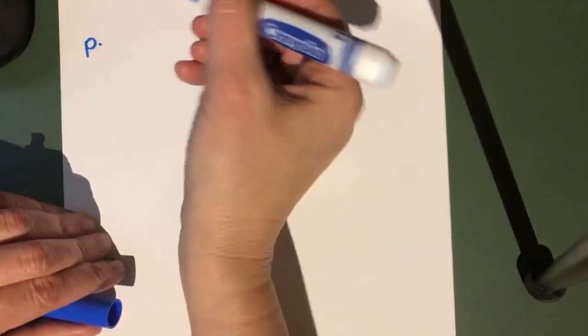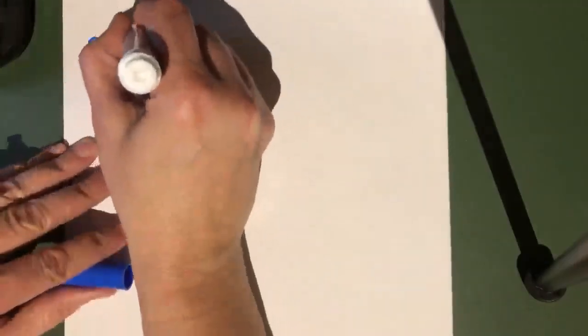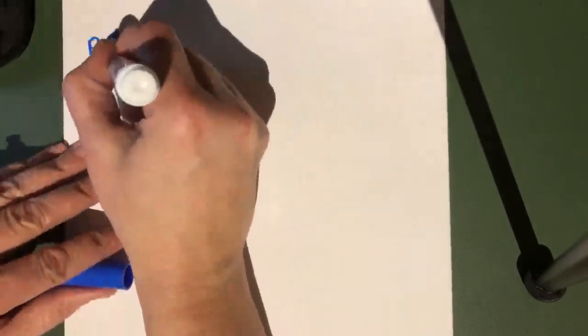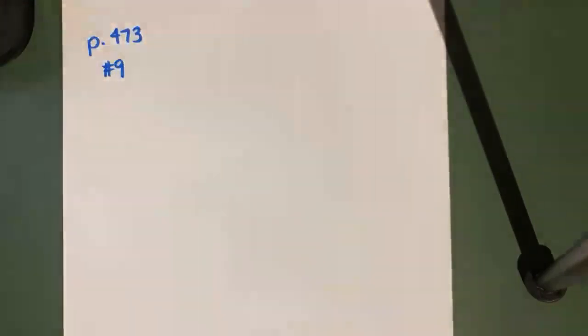Okay, so let me check one of these out. Let me do number 9. I'll do number 9, okay? Number 9, all right. Number 9 says, let's see here. This is on page 473. So now we're on to a different page. We're on page 473. So we're going to look at number 9. On page 473, number 9, we have